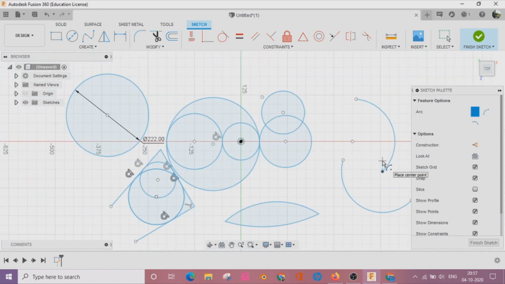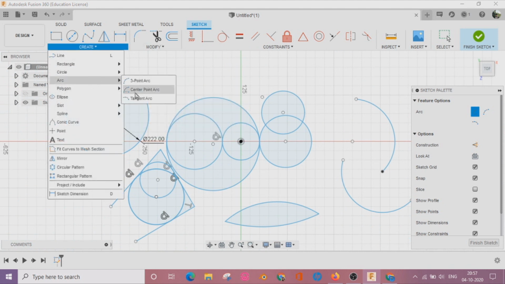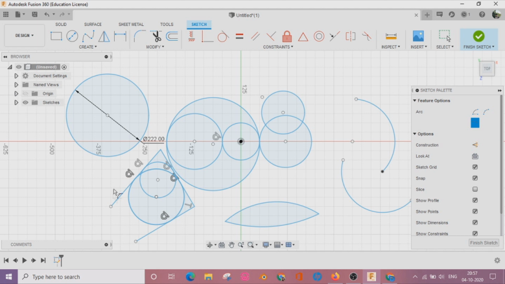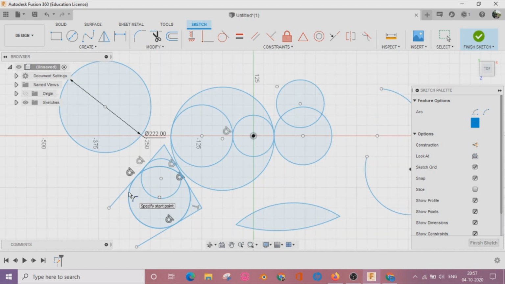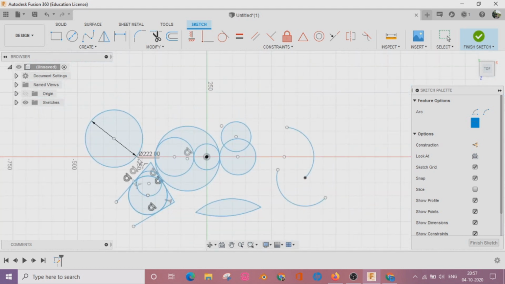Another type of arc is tangent arc. In tangent arc, we have to select 2 points, similar to tangent circle. We have to select the endpoint of a line, then we can create a tangent on that.